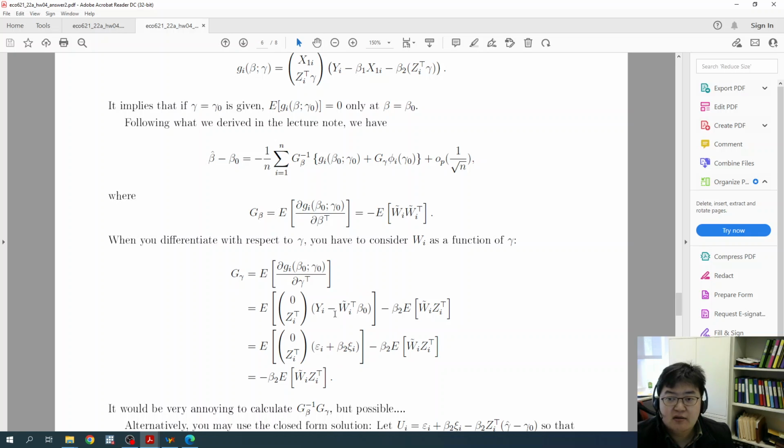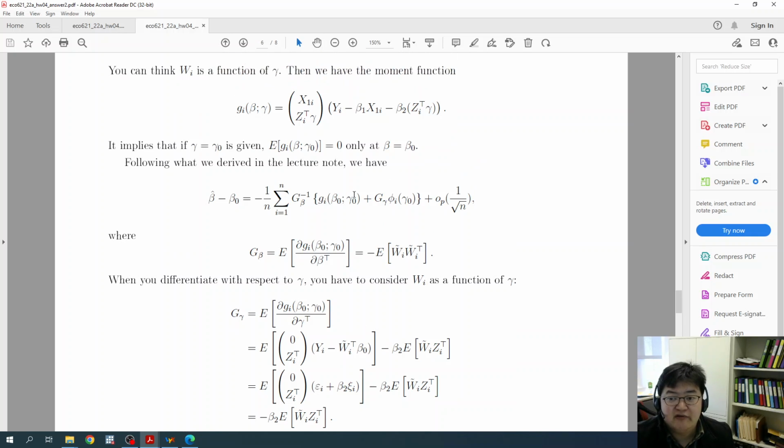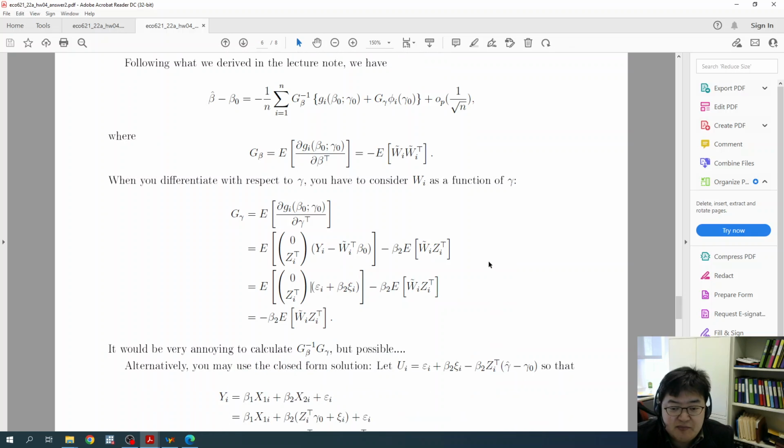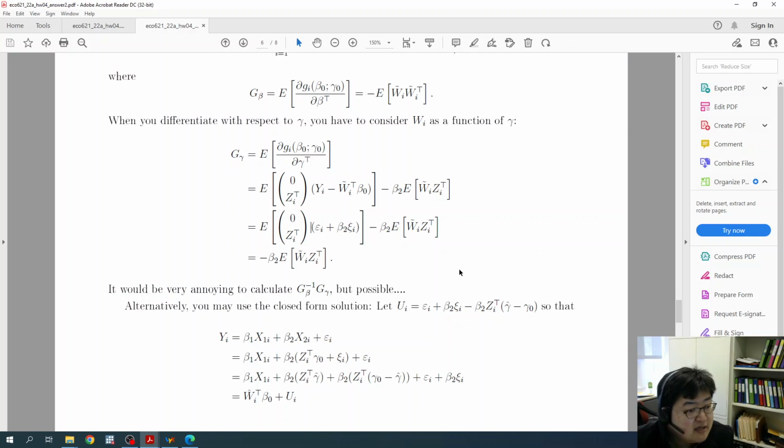Okay, and as a result, if you plug in, you can derive the effect of the influence function on the second stage estimator, but that's really annoying. You can do that, but you have to calculate the inverse function. Very annoying. I'm going to skip that. And here again, as a bonus, I'm going to show you an alternative, maybe more intuitive way to